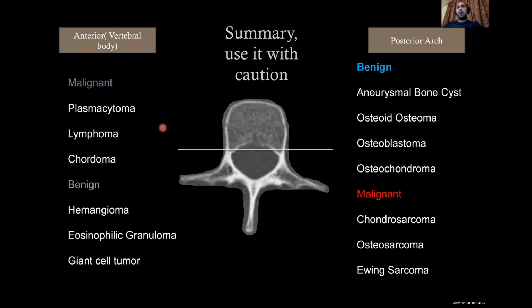But it is in the spine. If we jump into the spine, we can divide it into the anterior arch and the posterior arch. The anterior arch is more commonly associated with benign tumors, and the body is more commonly associated with malignant tumors. But whatever, malignant for the anterior arch: plasmacytoma, lymphoma, chordoma. For the benign: hemangioma, intraosseous hemangioma, eosinophilic granuloma, and giant cell tumor. For the posterior arch: aneurysmal bone cyst, osteoid osteoma, osteoblastoma, osteochondroma, and the malignant chondrosarcoma, osteosarcoma, and